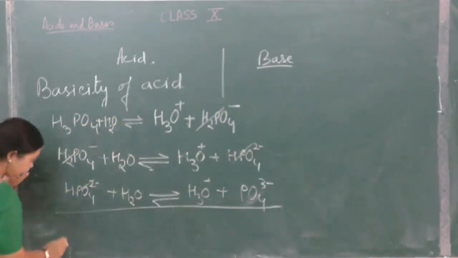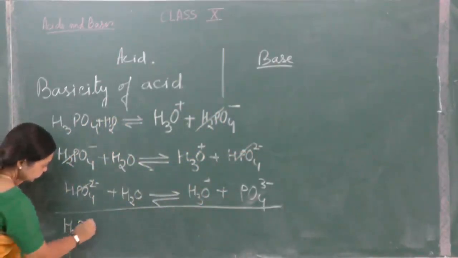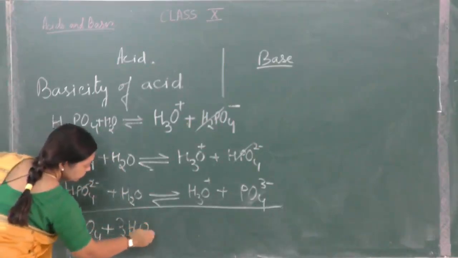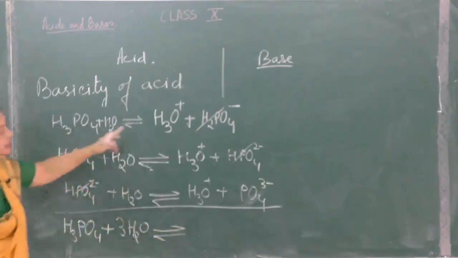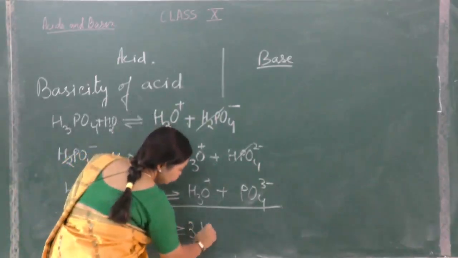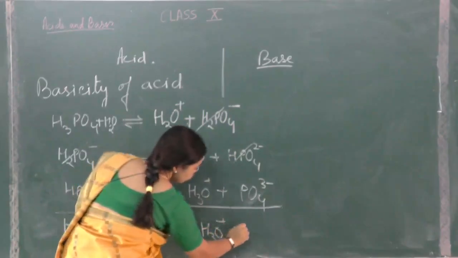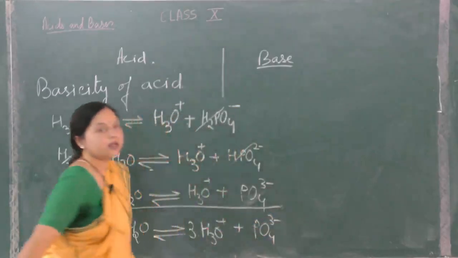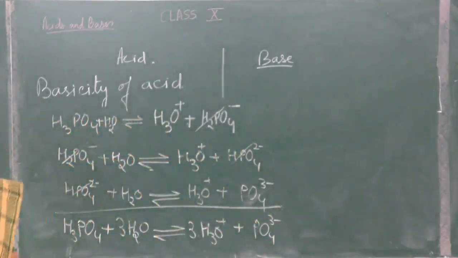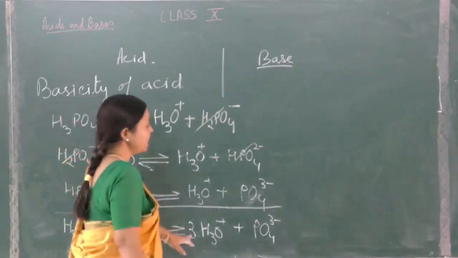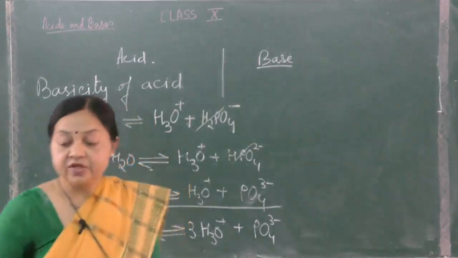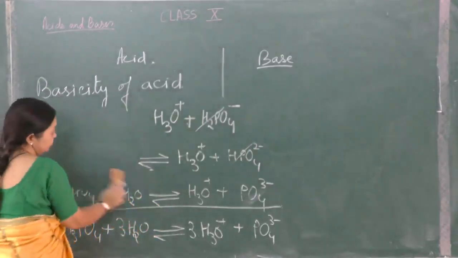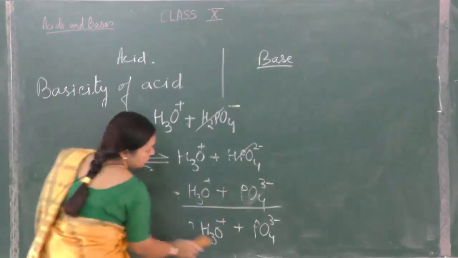So we have H3PO4 plus 3 H2O furnishing 3 hydronium ions plus phosphate ion. So it dissociates in 3 steps. It's able to furnish 3 hydronium ions and it dissociates in 3 steps. Now the salts that they produce. They will produce 3 types of salts. 2 acid salts